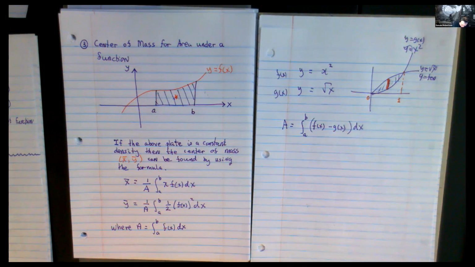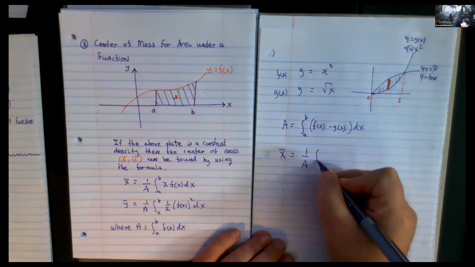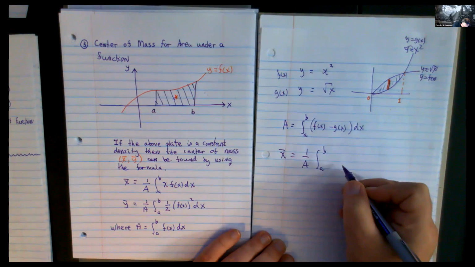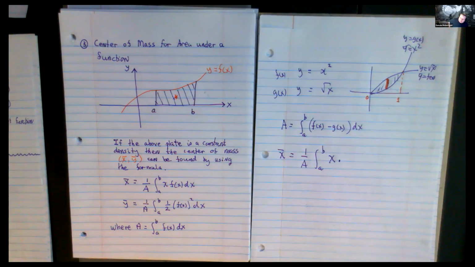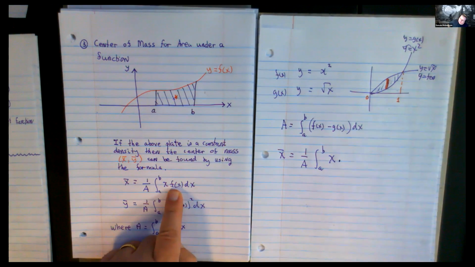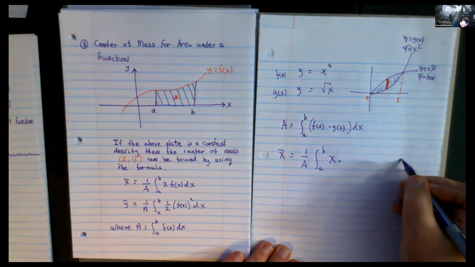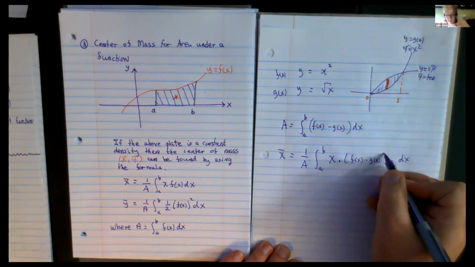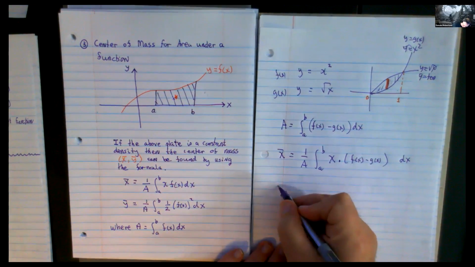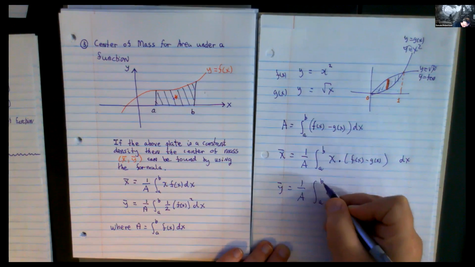So far, so good. Now, the x bar formula is 1 over a, the integral from a to b, of x times something. It used to be x times one function called f of x. What is it going to be now? f of x minus g of x. Correct. And then y bar is 1 over a, the integral from a to b, of 1/2